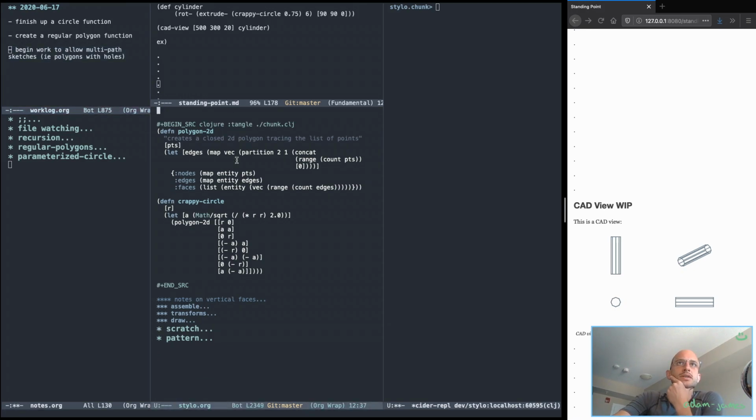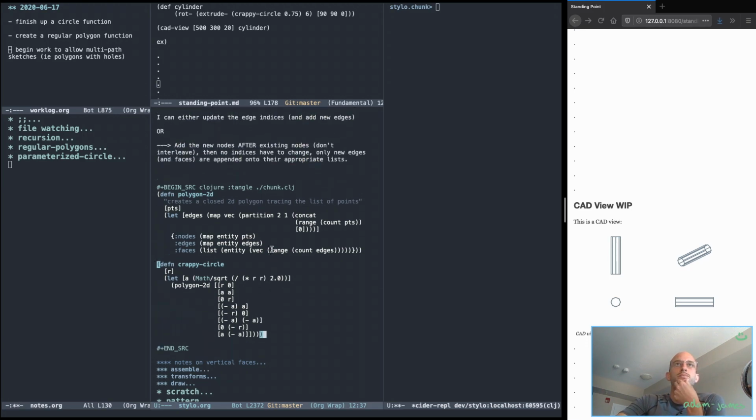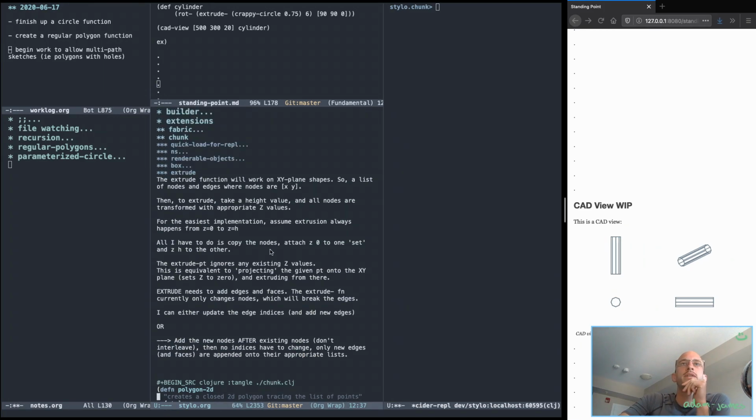So on that note, as a bit of a refresher, I have this crappy circle function which draws 8 points evenly spaced around, and that works kind of, but I actually have some interesting different approaches that I could take for that one, which I'm going to show in just a moment. But to get myself on track here,